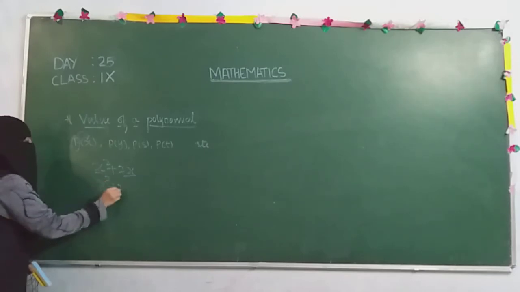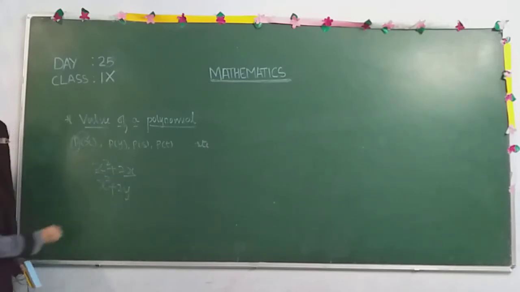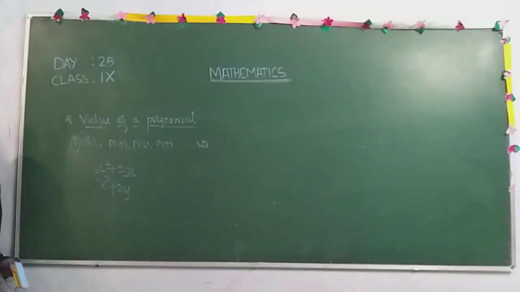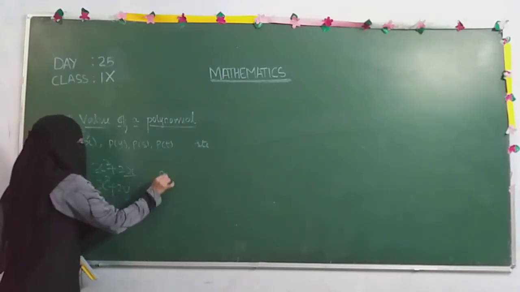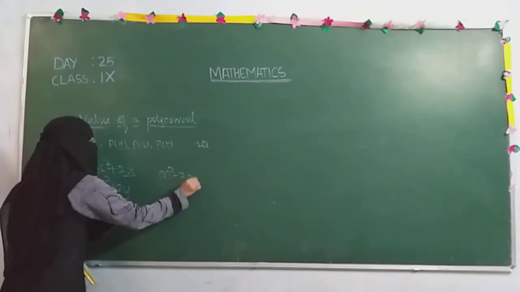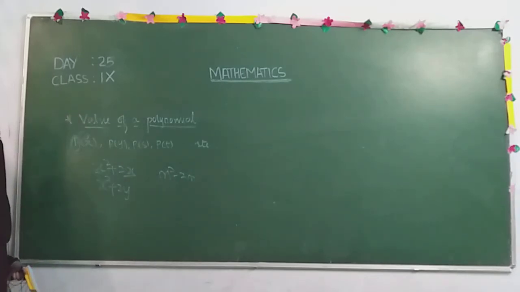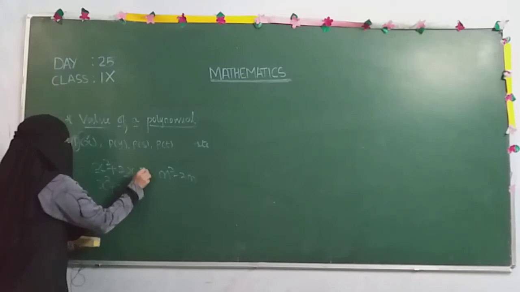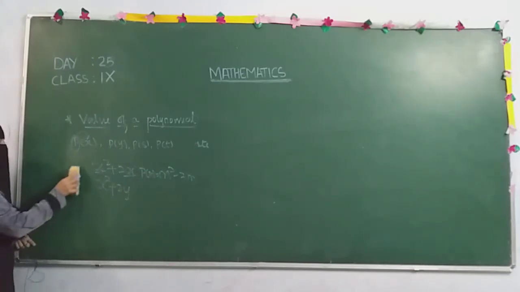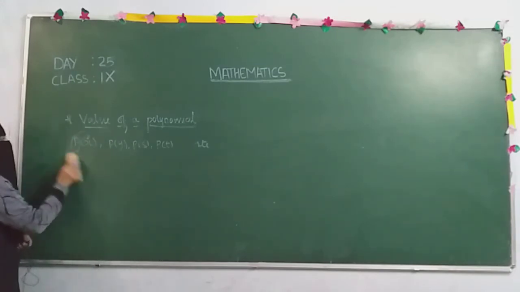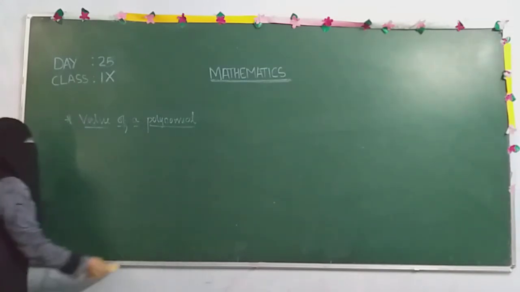Suppose x square plus 2y. Now here two different variables are there, one is x, another one is y. So this is called a polynomial in two variables or polynomial in x and y both. Suppose m square minus 2m, polynomial in one variable or polynomial in m. So these polynomials we can write like this, p of m equals to, it means that this is a polynomial in variable m. Hopefully it is clear to you people.